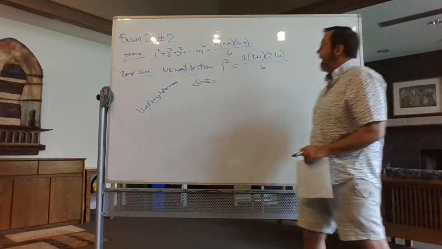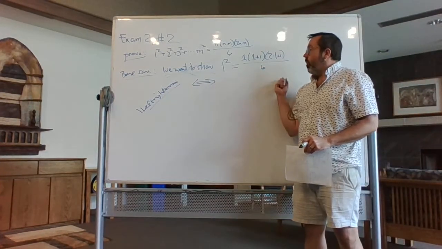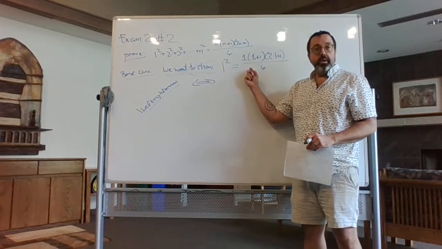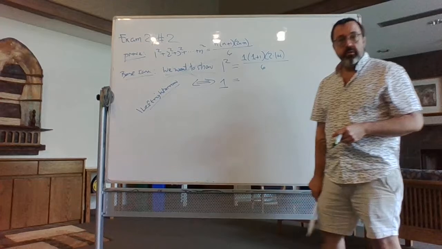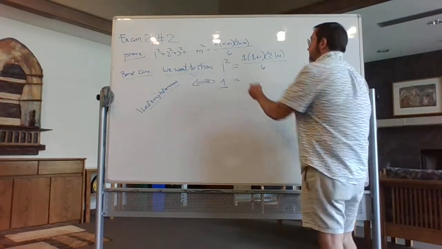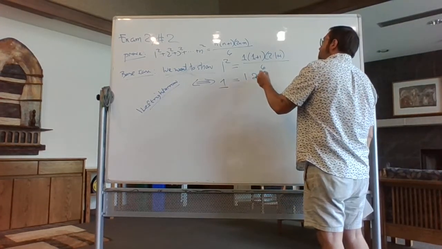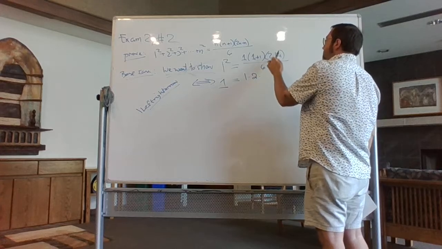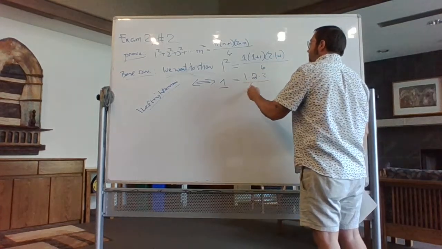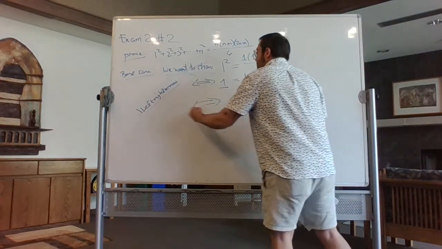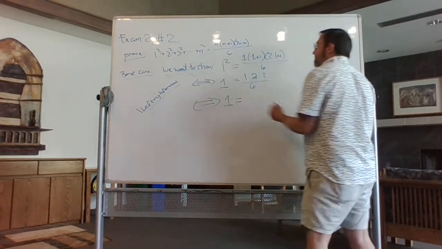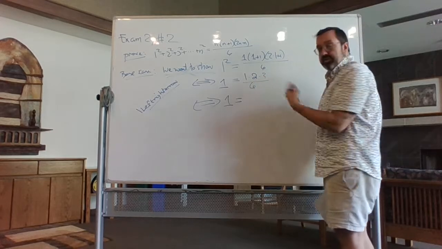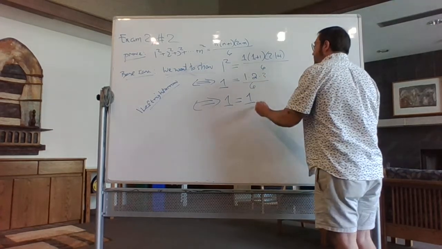What I'm about to write down is an equality that is logically equivalent to this one. And what I can do is just simplify the left-hand side, right? And I'll simplify the right-hand side. I get 1 times 2 times, this works out to be 2 plus 1 is 3, divided by 6. And I can continue with another logical equivalence. Of course, this is going to be 1 times 2 times 3 is just 6, divided by 6 equals 1,